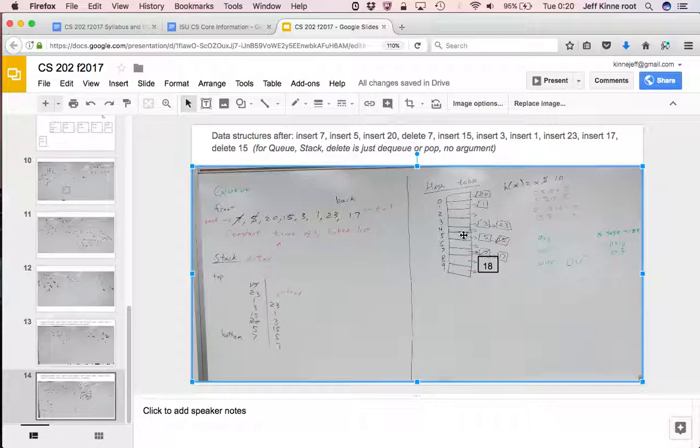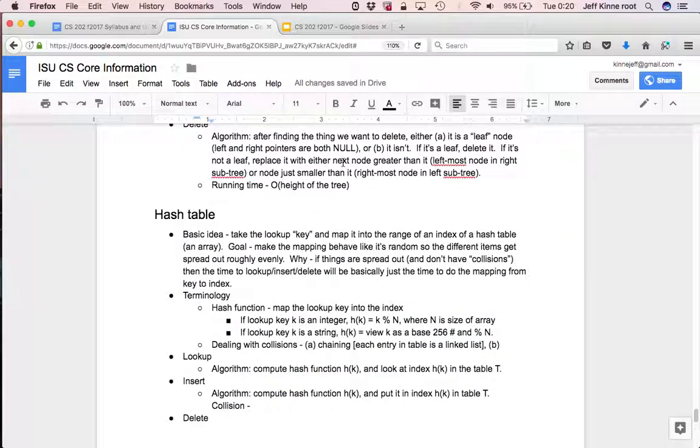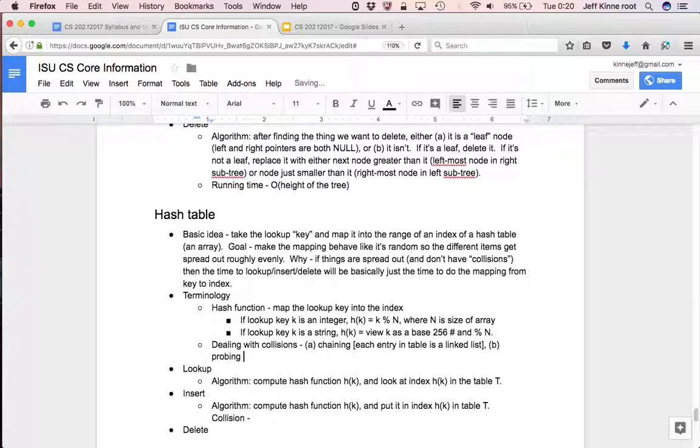Okay, another thing that we could do is, when we get to a collision, we could actually store the value there, not have linked lists, so we could put the 3 actually in there, put the 15 actually into spot 5, but then if there's a collision, we would need to look for the next spot. So that's something that we could do. It would actually make the code in the end more complicated. So we're not going to do that in here. That would be called